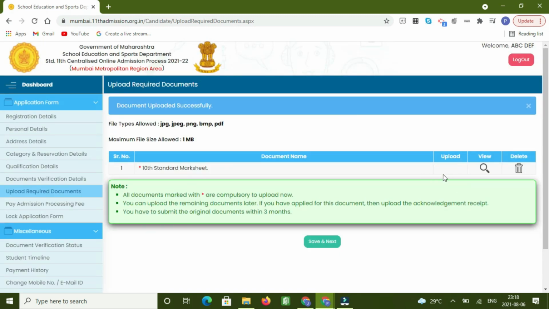Once the file is uploaded, you have the option to view and the option to delete. If by mistake you've entered a wrong image, you can delete it, and if you've entered the correct image, you can just view and check. As of now, I've uploaded a random image, so I will not be viewing it. Once you are done uploading, click on save and next.